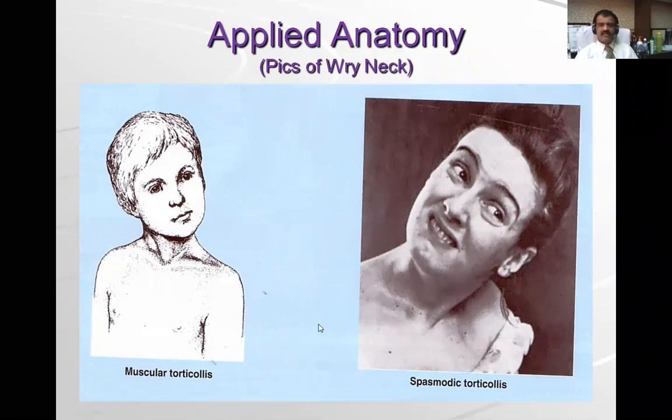And other parts of applied anatomy of the neck include nerve blocks for anesthesia. For the purpose of anesthesia, we require to block those. We saw so many nerves, mostly subcutaneous nerves. For that purpose, the posterior triangle of the neck is important. You can block even the roots and trunks of the brachial plexus, which you have seen. That is why it becomes a surgically significant triangle. And for the muscular part of applied anatomy, we consider these two conditions: muscular torticollis and spasmodic torticollis, called Wry neck.